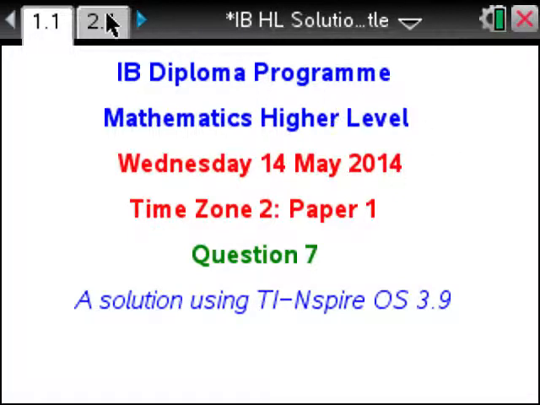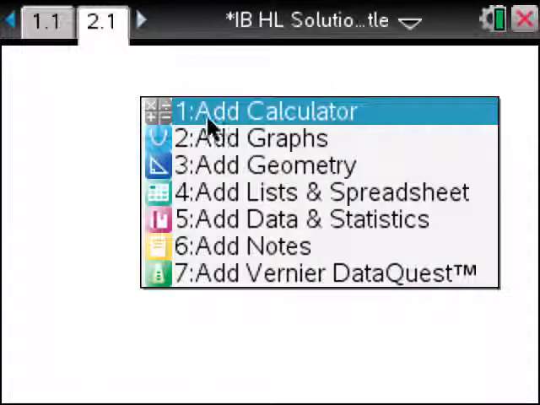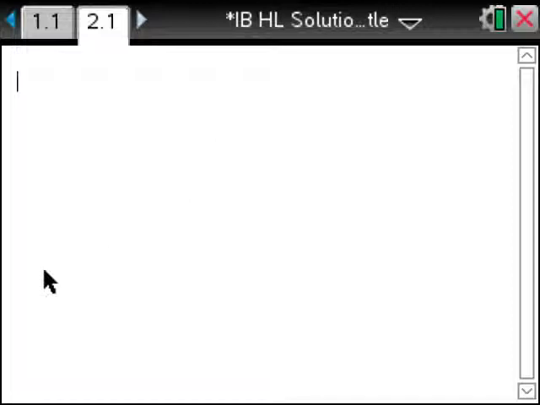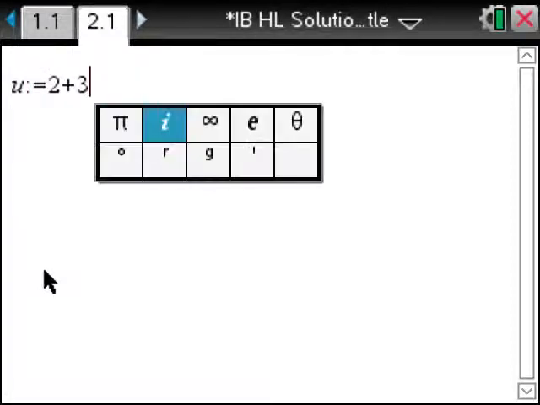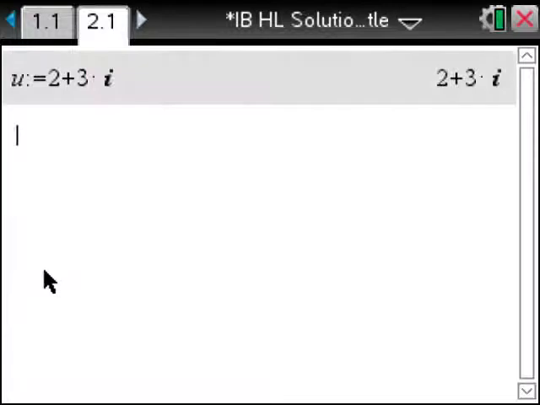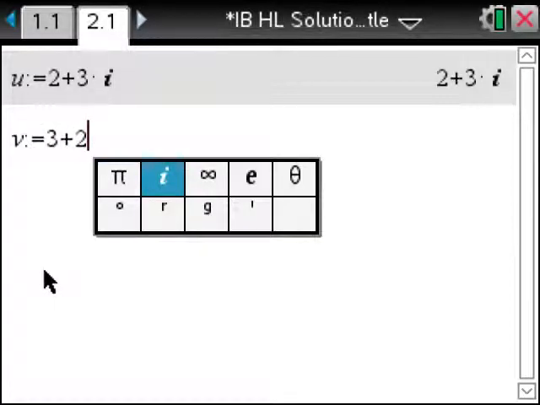High level paper 1, question 7. We're going to insert a calculator page and define our two variables u and v. So we'll go to u, control equal to 2 plus 3i. To get the i, we can press the pi button twice, which gets there quickly. And similarly we'll do v, control template, and we'll do 3 plus 2, press the pi button twice to get